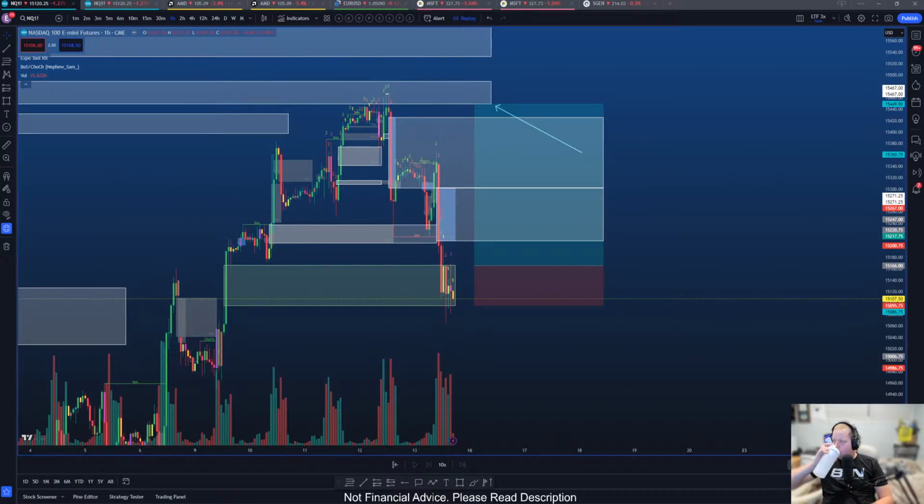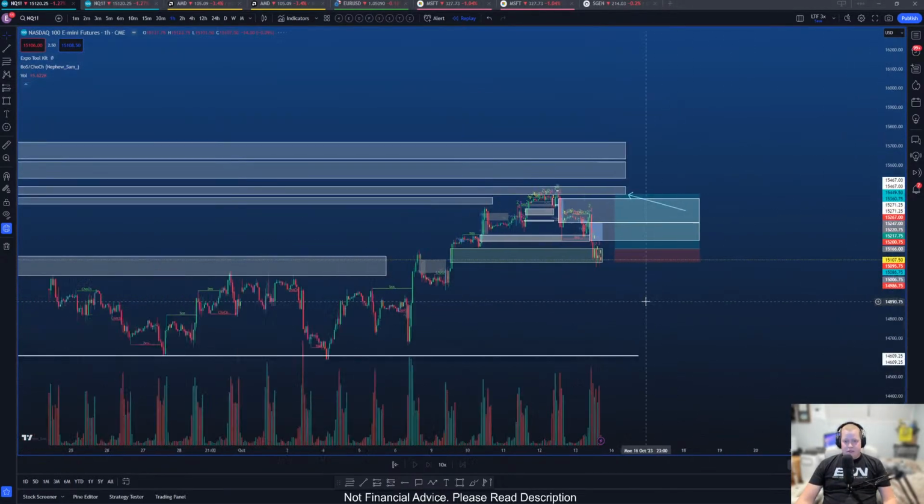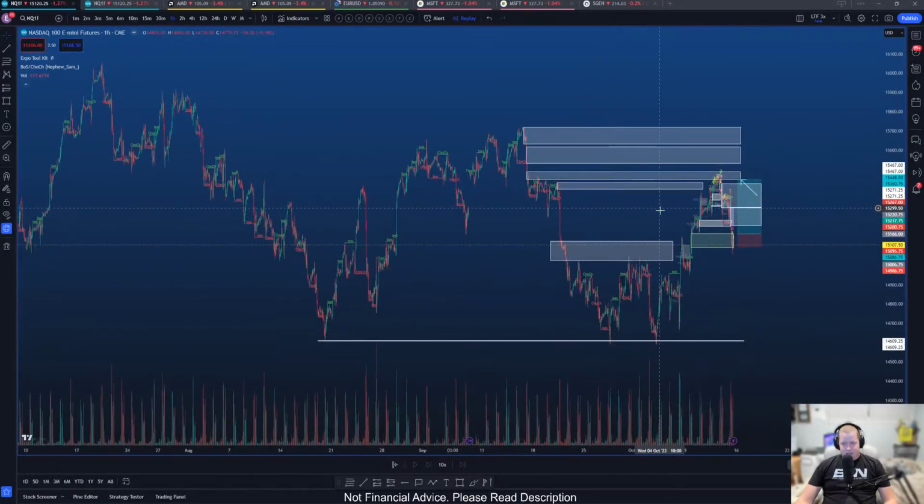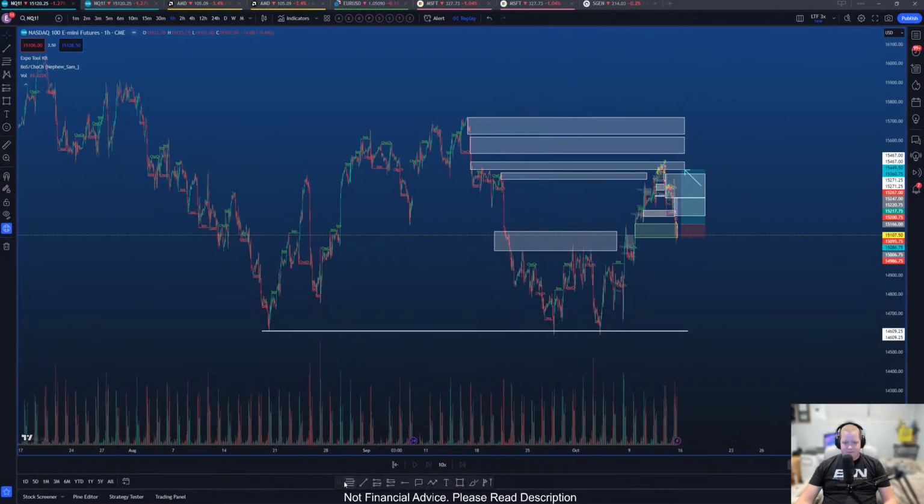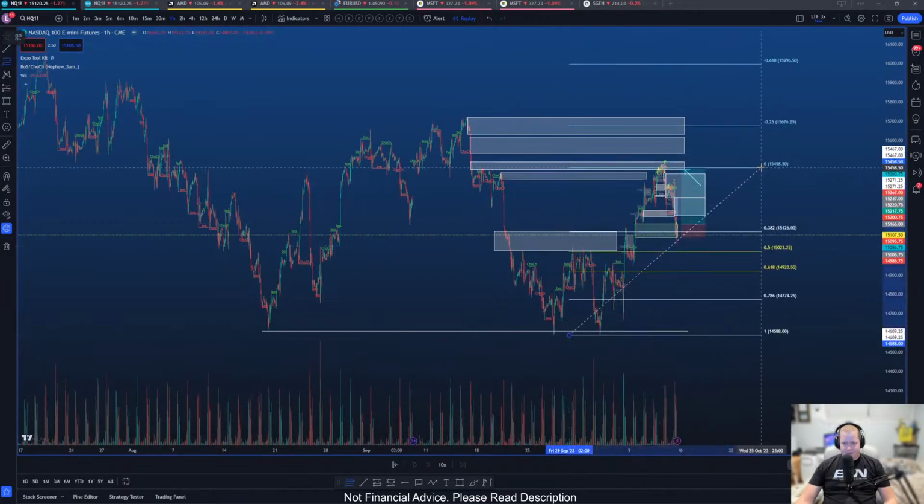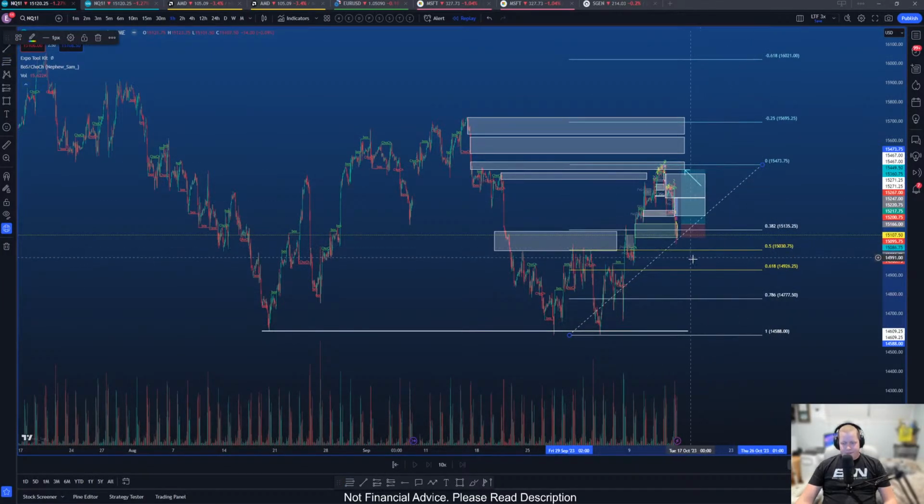Just long. Hey, I'm down for that. It looks long. This looks like a pretty nice reversal. I might want to see it come down to this fair value gap at 15,000, but